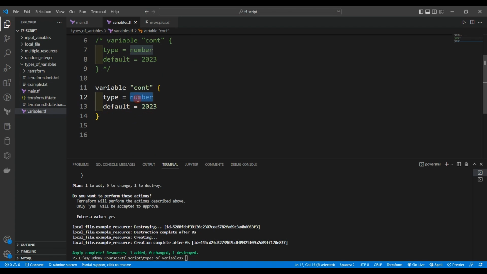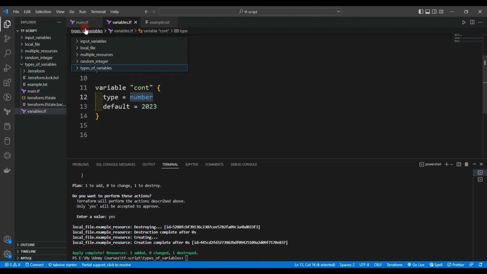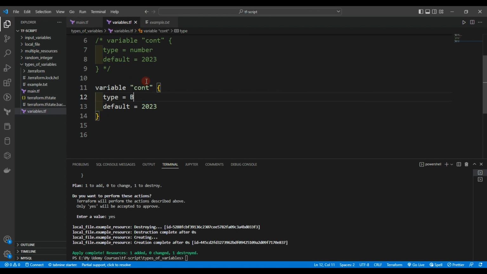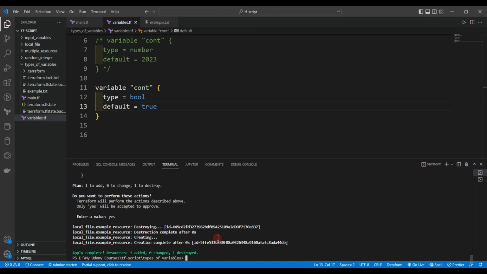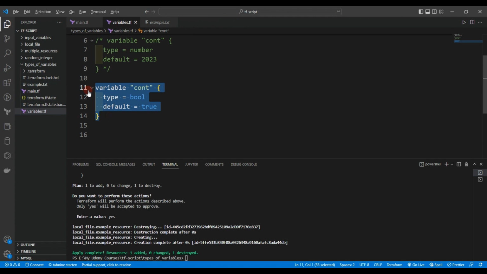And let's use another data type. We have used the number, but let's use the boolean. Boolean has a true or false. Let's say true, and apply it. Yes, as you can see, it's showing true in example.txt. Let's copy this and then